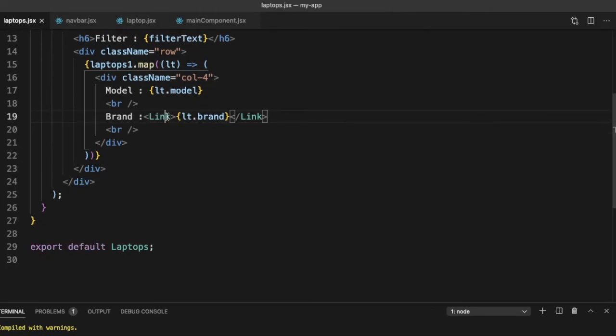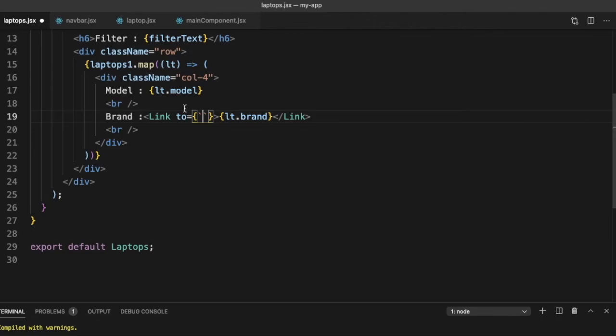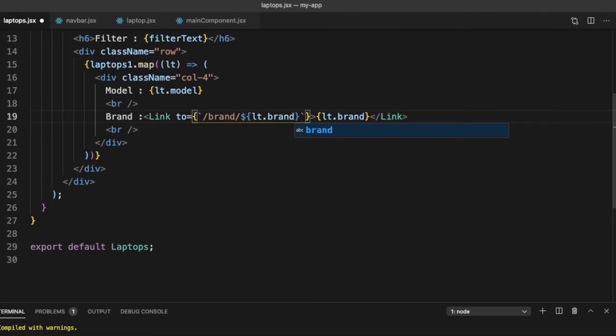So now we need to define the to. What will to be equal to? If we go back to our main component, it should be slash brand, the name of the brand, and page number 1. So in this case, it should be slash brand slash lt.brand slash 1. So this is our link.